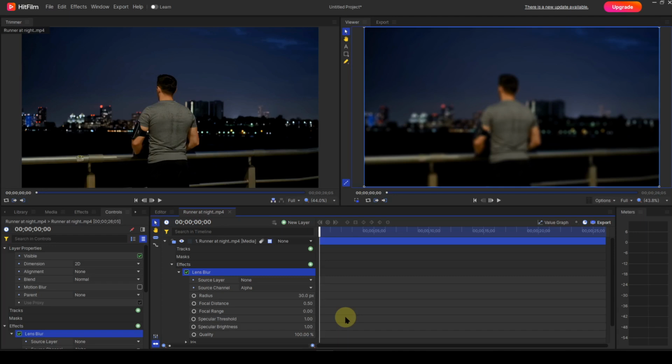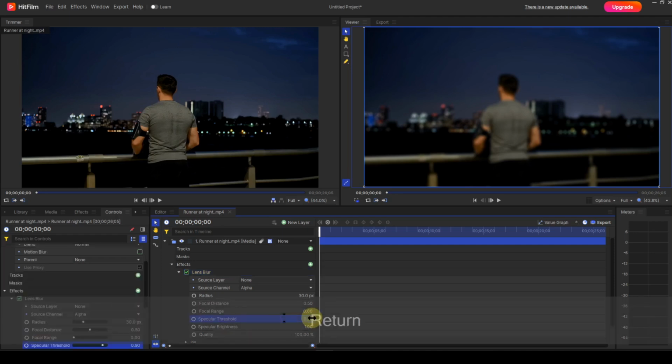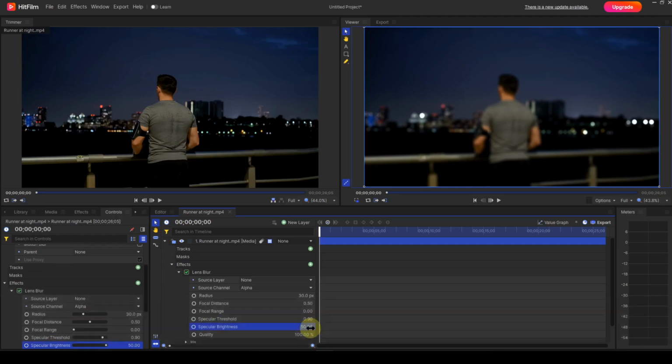To create the bokeh effect on the city lights, I first need to adjust the specular threshold downwards. I now need to increase the specular brightness. You can see that the lights have become larger and brighter. The default shape of the iris, and therefore the bokehs, is an octagon. I'm going to leave it at that, but I want to make a few changes to the bokeh's appearance, so